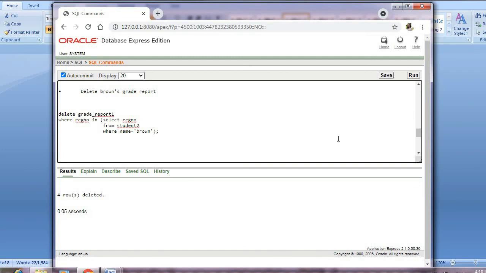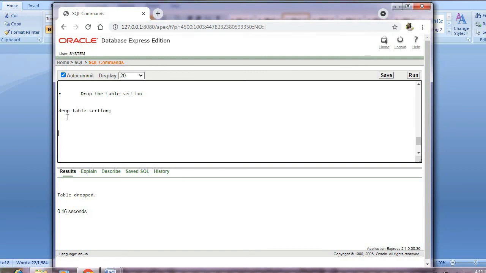Okay. Then the next query they have asked is, you have to drop the table section. So whatever table you have created, you have to drop the table section. So see what happens is, if I use drop, the table will be completely dropped. You cannot use it in the future. So I will just go and type the command.